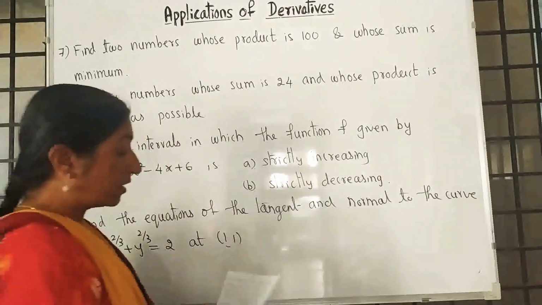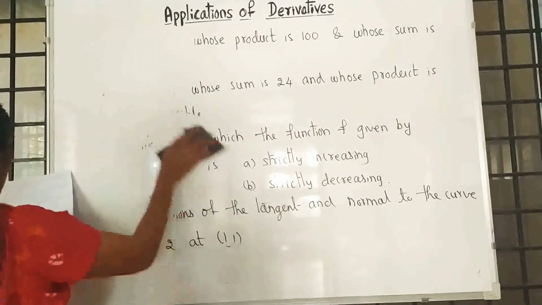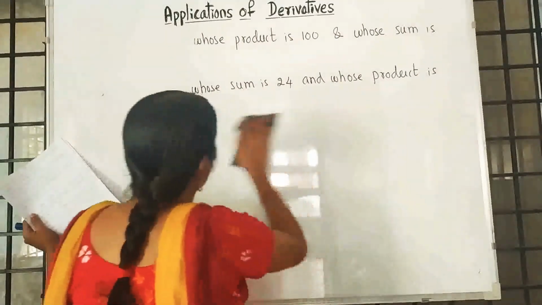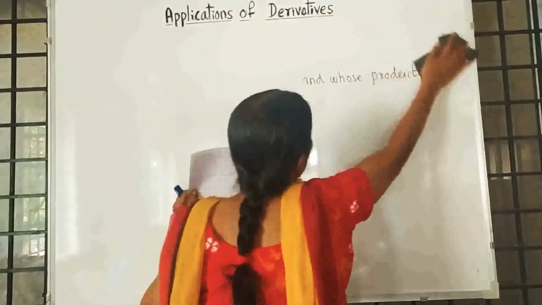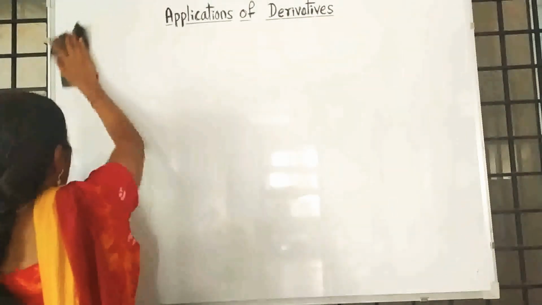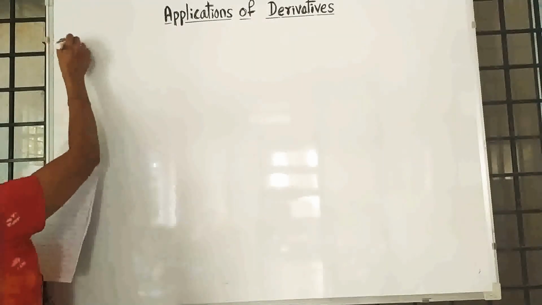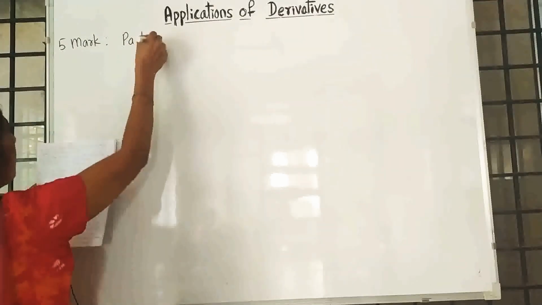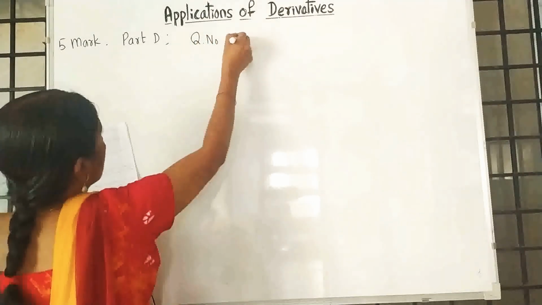Now I am giving you that in part D for 5 mark for question number 43. And after giving all the expected questions from all the chapters, I will explain how to select which questions we have to select in the main exams, how to represent them. For 5 mark, in part D, at question number 43,